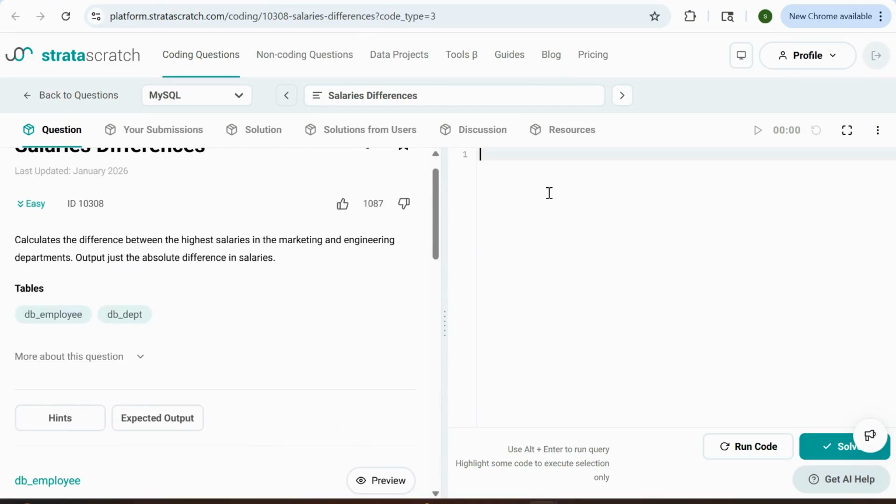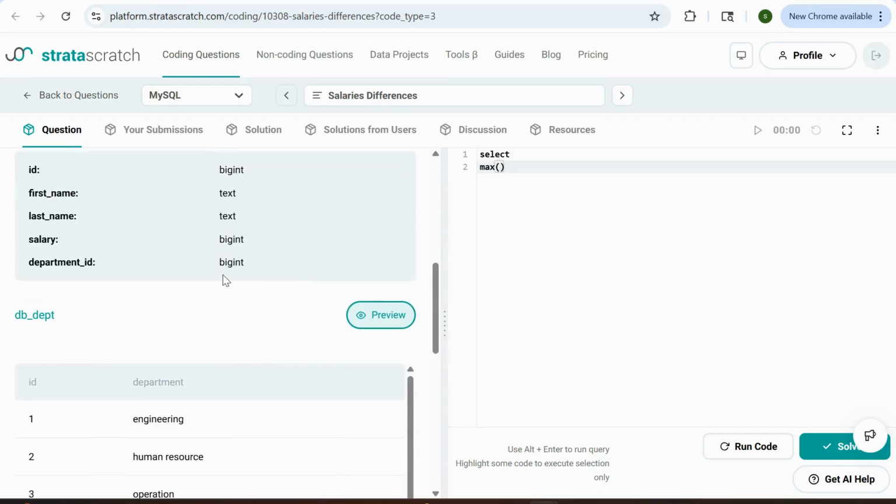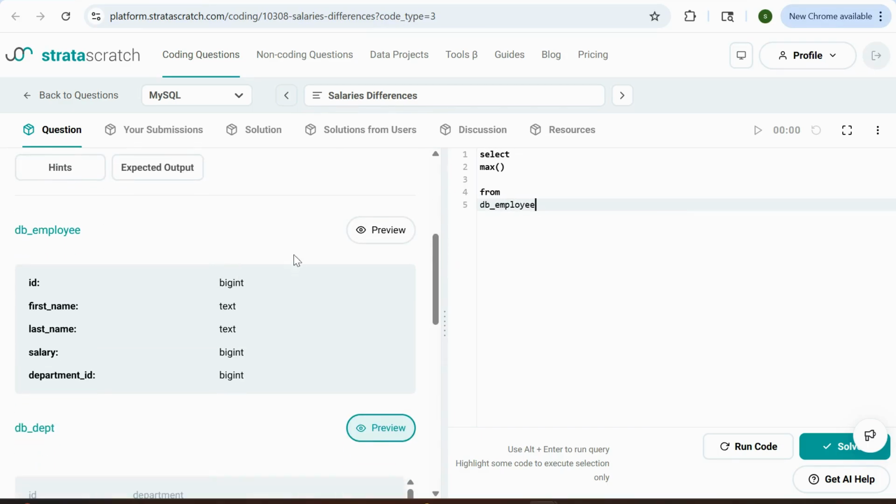So let's get started. Select max. We could do is first let me write the from statement: from db_employee T1 join db_department T2 on T1.department_id is equal to T2.id, and now I have to get the maximum salary case when